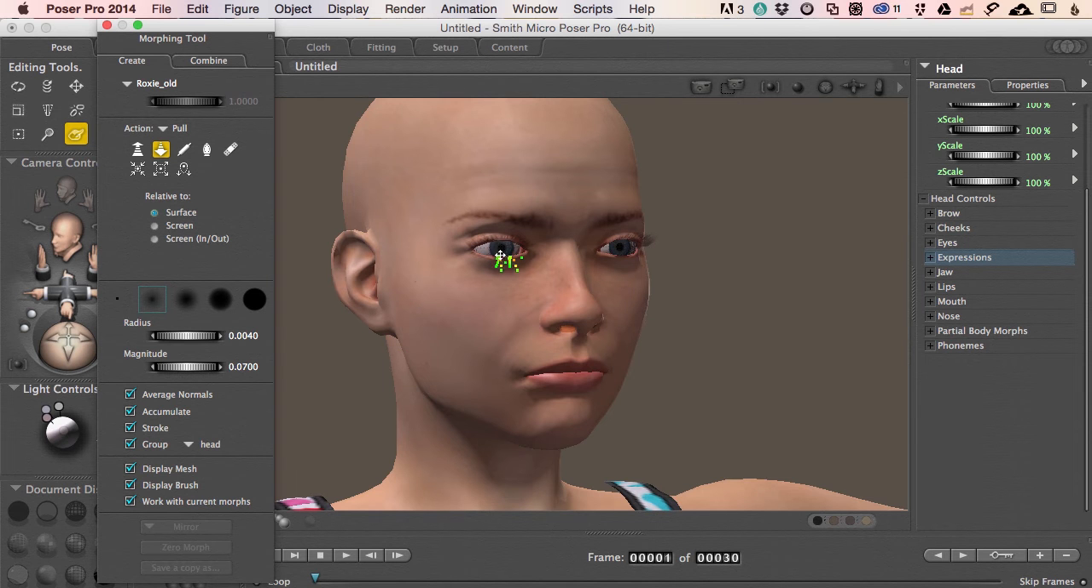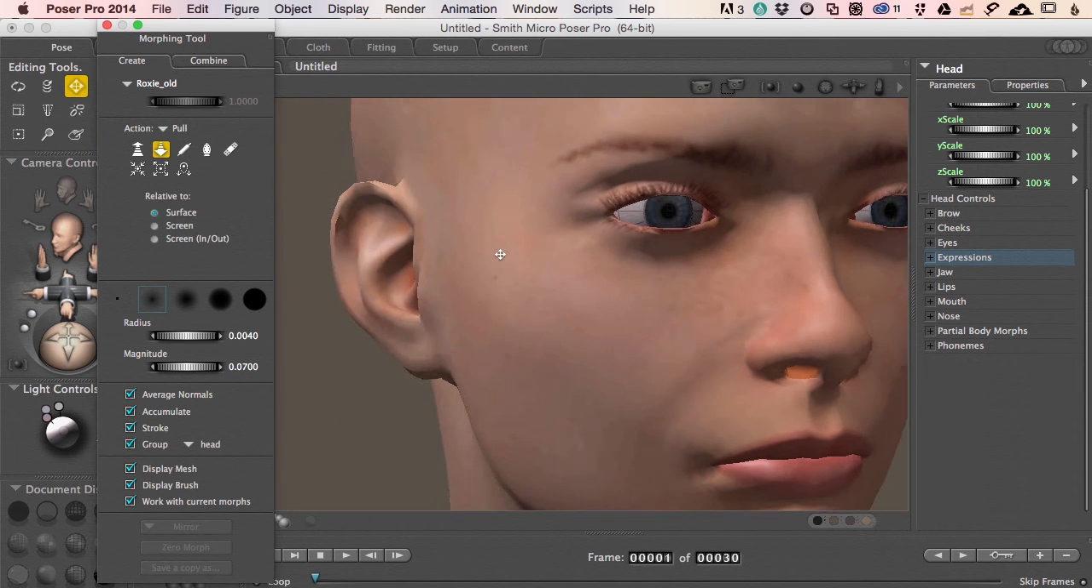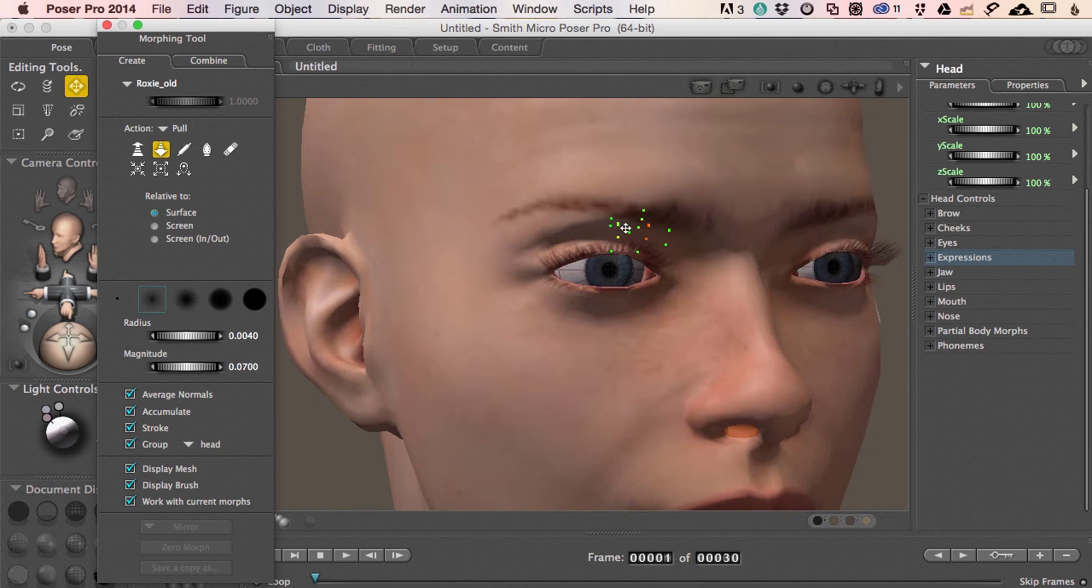Okay, let's age our character a little bit. I'm going to zoom in just a little bit here. First thing I want to do is this upper eye area. I'll go ahead and add some weight to the ears. Now let's see, I've got the magnitude at 0.07. That's fairly light. I'm just going to click and drag, and we can see this starting to move out a